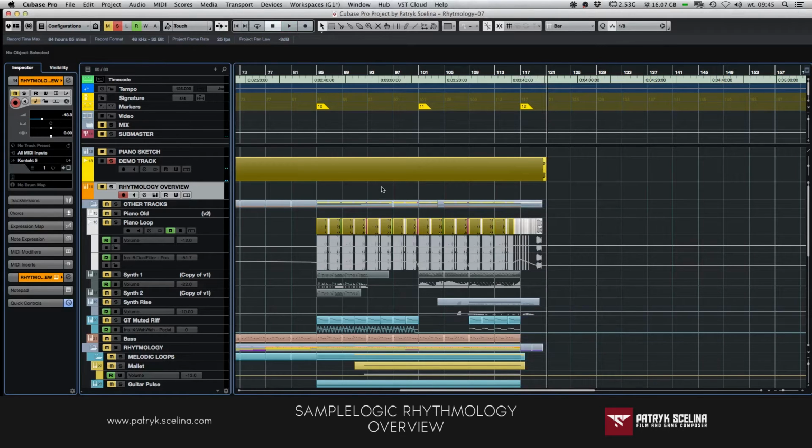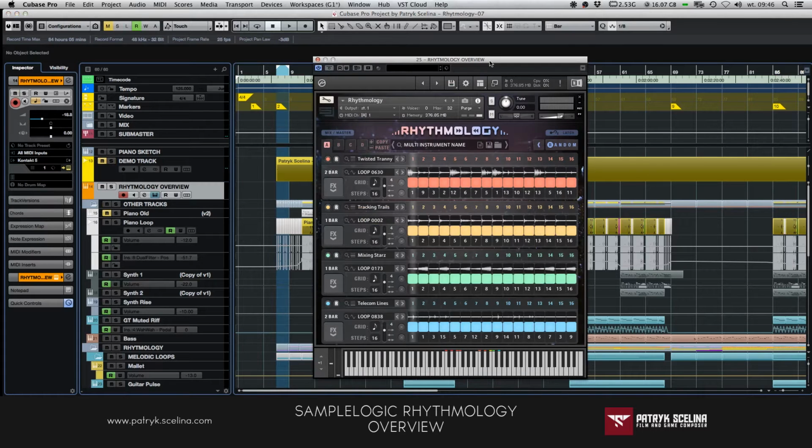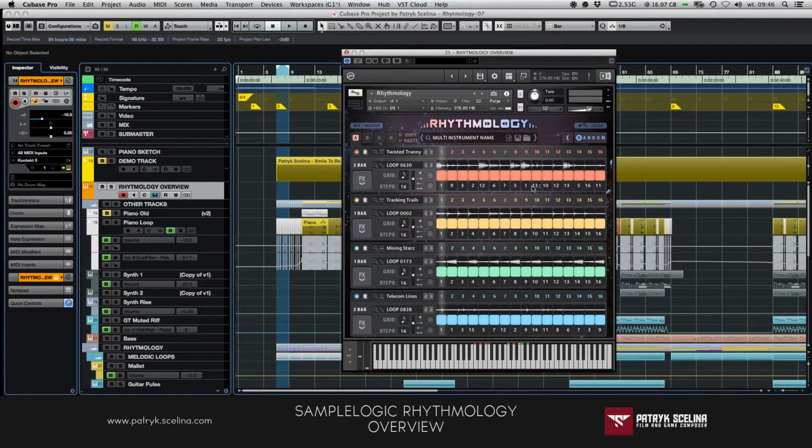Okay, so that's it. And let me go back to Rhythmology and I will show you how it works. So basically, as I said, we have 4 different loop engines, and we can play them simultaneously by pressing one key,